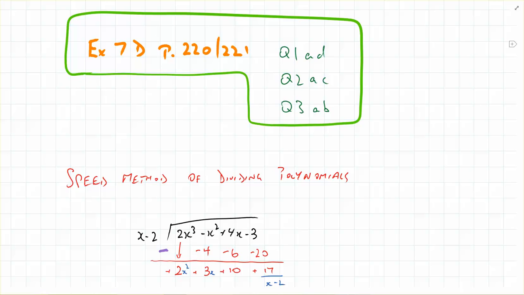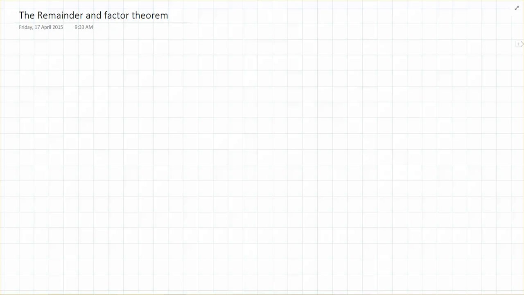Right, so what I'd like to do now is just have a little recap of the remainder and factor theorem. You should have some notes on these, but just in case you don't, and this might be just something you can view and use as a little revision tool at the end of the week. The factor theorem states that, so I'm not doing it, I'm going to do the remainder theorem first. I'm sorry, remainder theorem. The remainder theorem states that